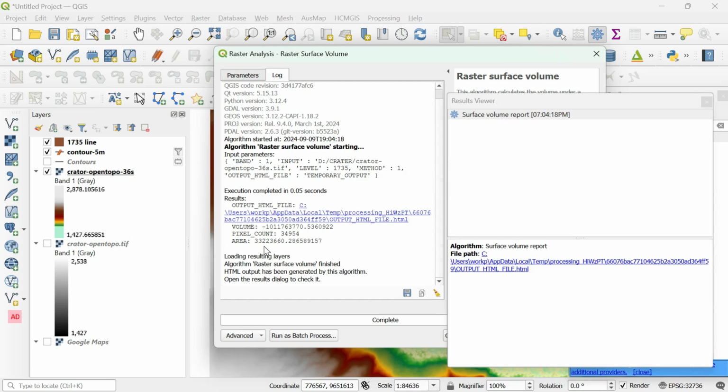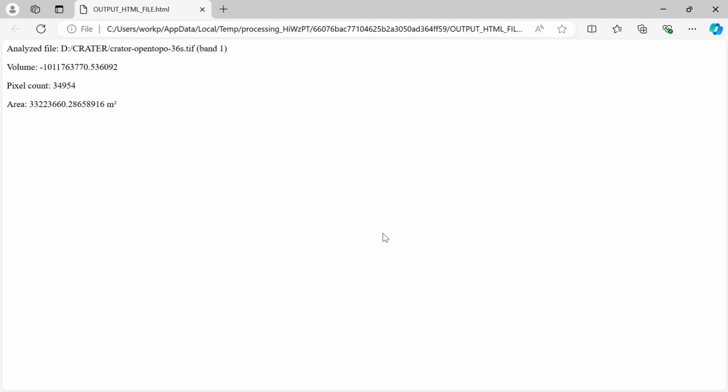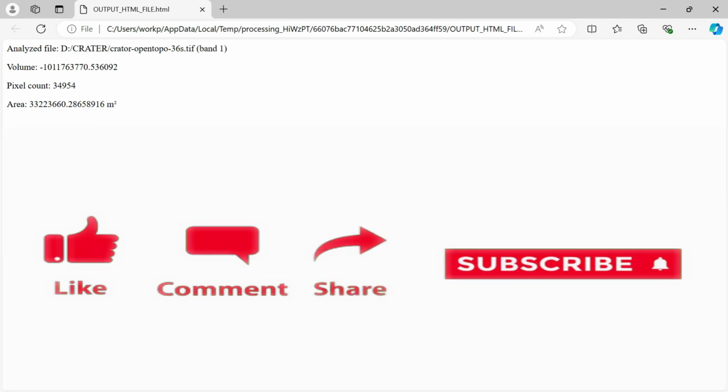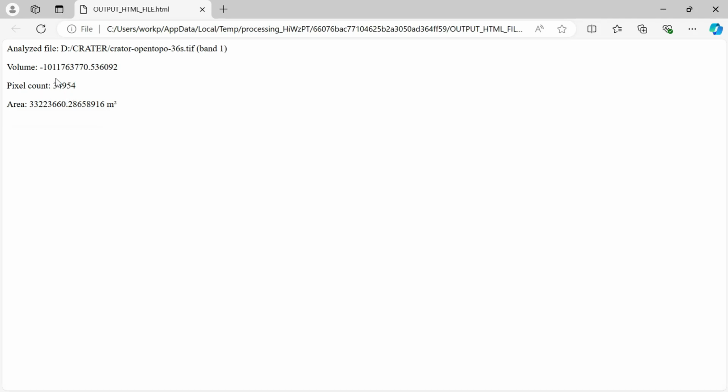Okay, now you see the volume has been calculated and pixel count this much, and the total area is this much, and you can see the report here. Area is in square meters, counting this much and this much.